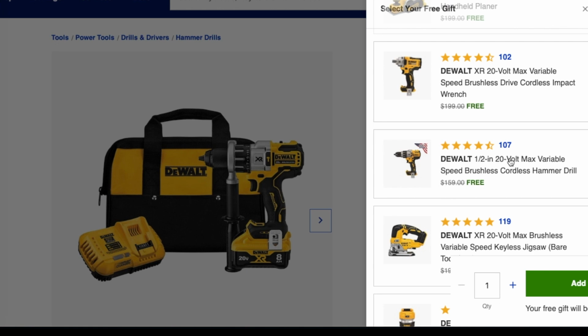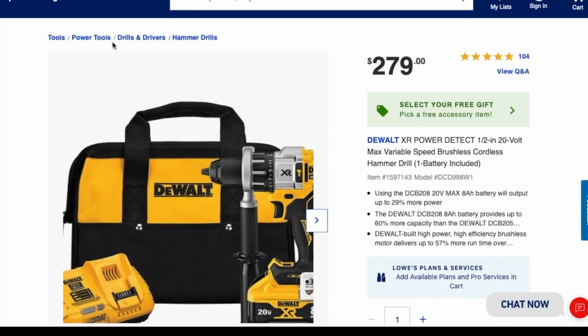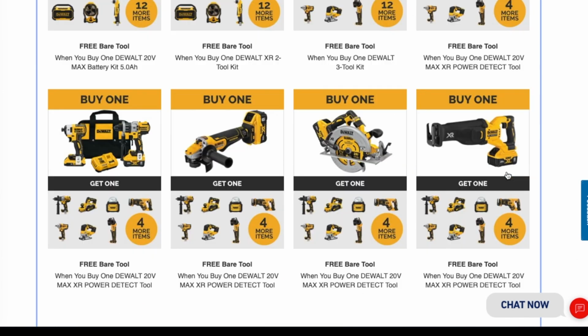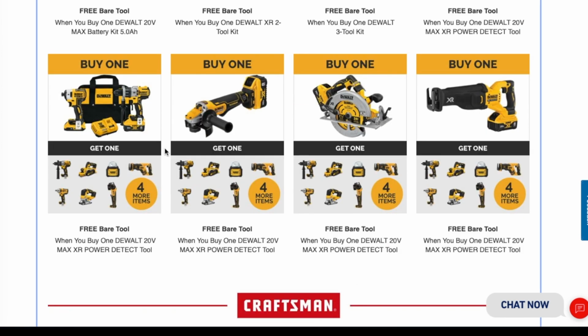And then you can choose from a hammer drill, a jigsaw, a router, a light. This is a 5,000 lumen LED, so it's a really bright light, or an 8 amp hour battery. So that's on that. And on these, I believe you should be able to choose the same as those. So in all these here, I believe you got the power detect